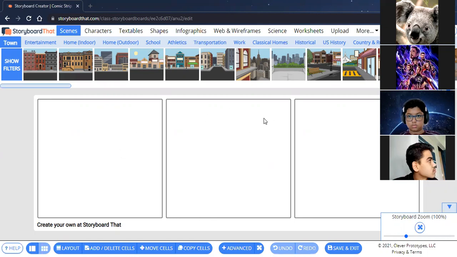Anyways, so this is the storyboard place. Now I have a default page in which I have only 3 boxes available. So I have selected the first box. I can take any template I want.